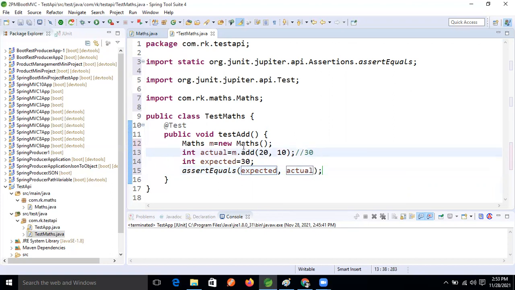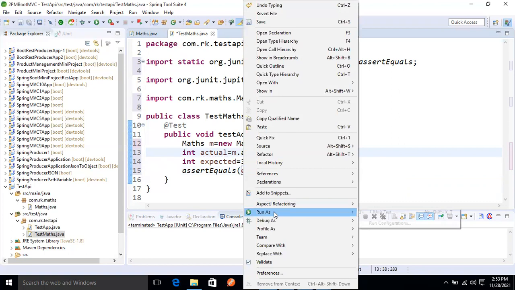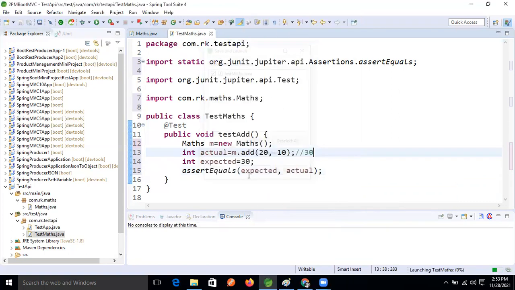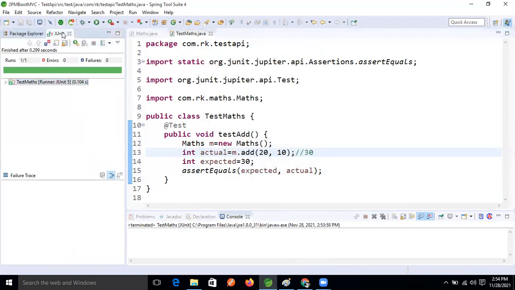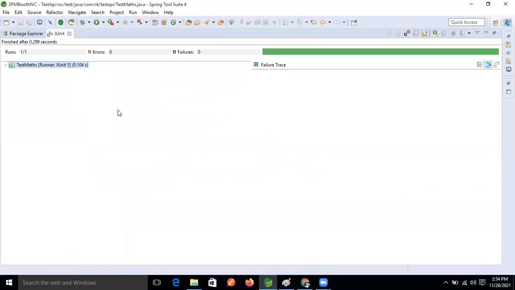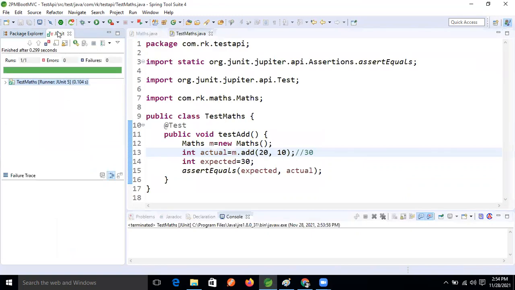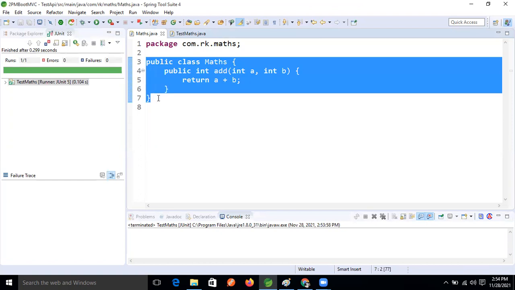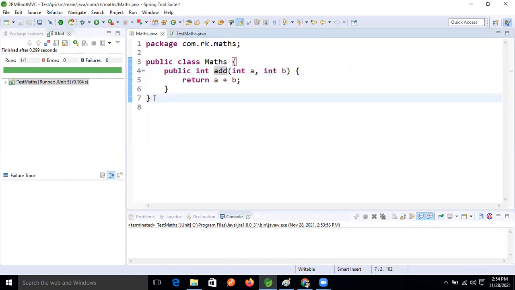So what I'm going to do now is run this test case. Let's run it as JUnit. Observe the console. Our unit test is passed or not, guys? Yes, it's passed. It succeeded. Our API has passed now, which means whatever code we completed works as expected, so that code is perfect.